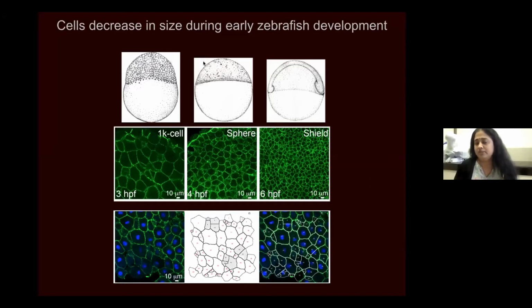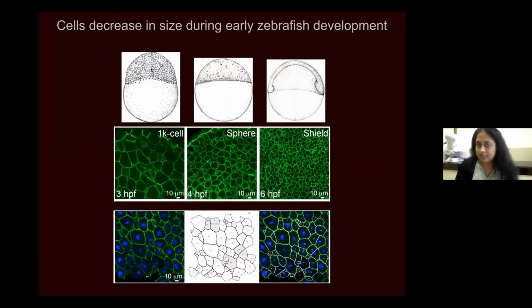What are the parameters on the basis of which this cell size decrease occurs? So these are again schematics of embryos at different developmental stages. This shaded area essentially is thousands of cells, and the same is true for this shaded area. We will come back to exactly what these stages are a little bit later. But for now, what I want you to take from this slide is that when we looked at the sizes